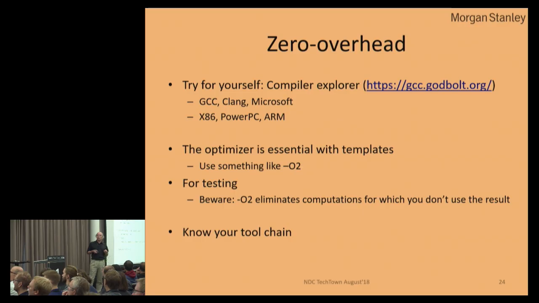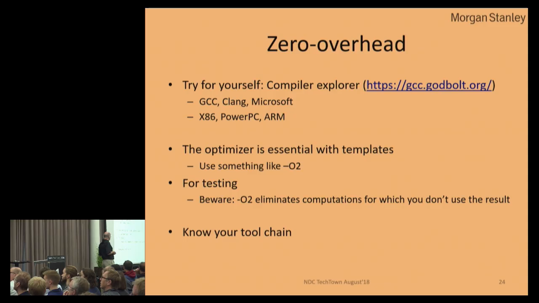So what I do when I want to know whether a feature is affordable for my use in constrained environments, I just type it into Compiler Explorer and see what happens. It does not do every machine there is, but it does do x86s and ARMs, and it does Linux, does Windows, things like that. So you can get a good idea of what a feature costs.